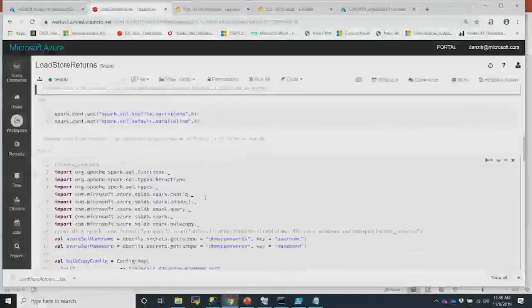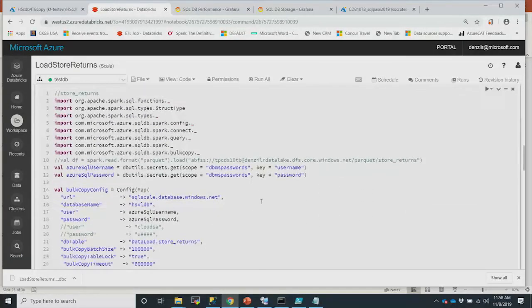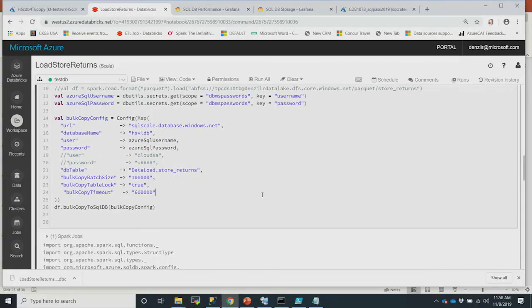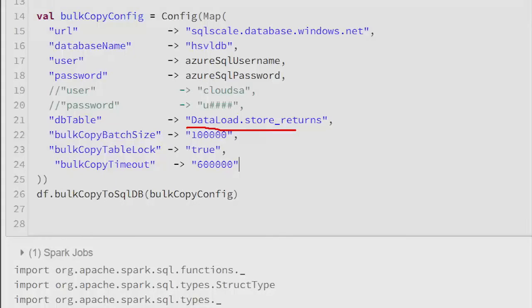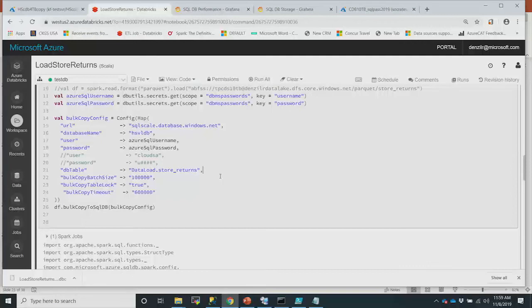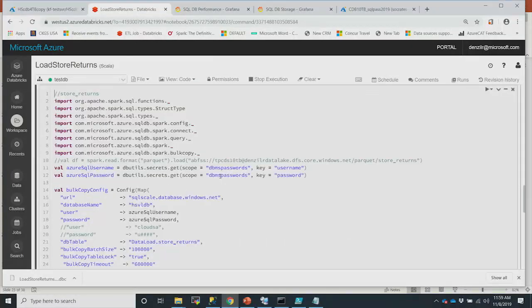Nothing spectacular. I want you to focus on the SQL part, not the Spark part. And then I'm loading it into this table. Batch size 100,000, tab lock is true, and there's a timeout which is kind of irrelevant for this discussion. So I start the load,